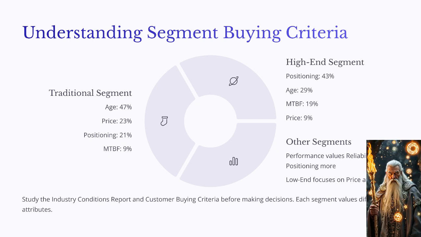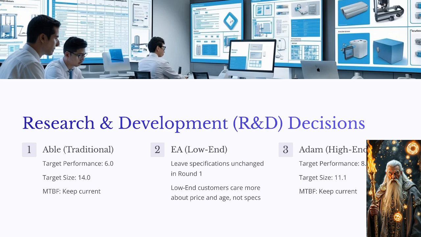Part 2: Research and Development, R&D, decisions. R&D is where you control your product specifications. You define performance, which increases over time, size, which decreases over time, and reliability, measured as mean time before failure, MTBF. Let's go segment by segment. Small Blue Diamond, product Able, traditional segment: target performance 6.0, target size 14.0, MTBF